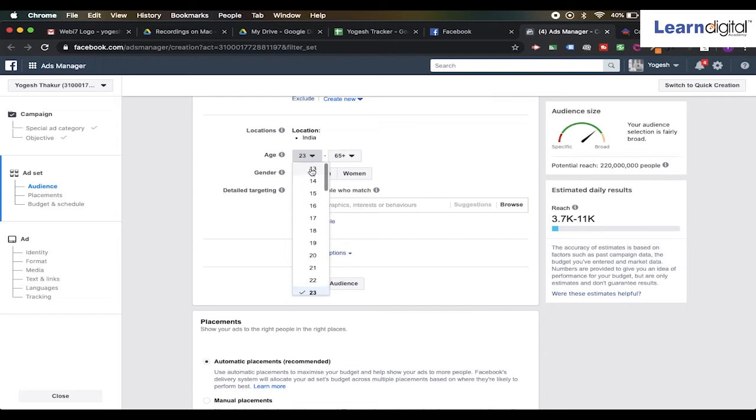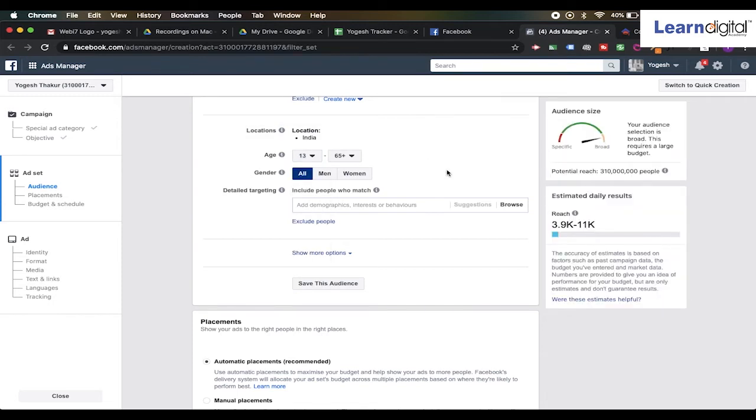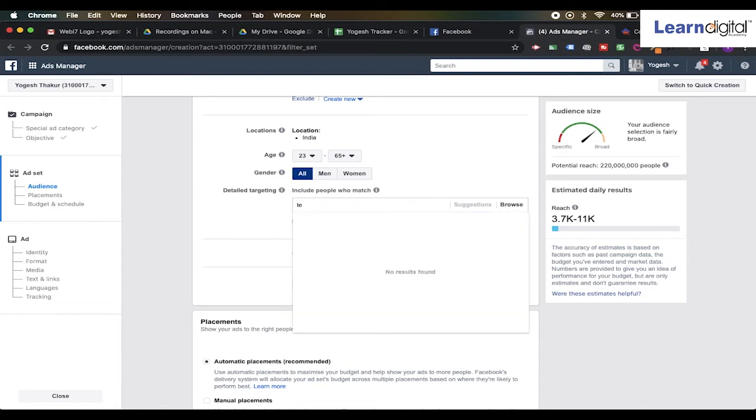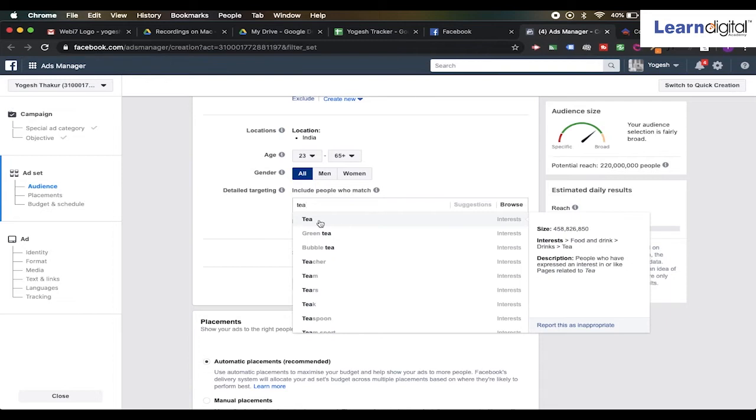If I select over here 13 to 65, 31 crore. Just a second, I should not include the kids. Yeah, so that's the actual population. I have selected 23 as an age over here, and I'm left with 22 crore people, right? Now, out of 22 crore people, how many do I have who are interested in tea?